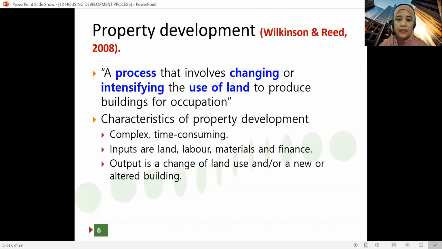Okay, inputs are land, labor, materials, and finance. Another thing that is missing there is it could be entrepreneurship, kan, keusahawanan, entrepreneurship, which is a skill lah. Not all developers have entrepreneurial skills or entrepreneurship. Ada developer yang such as government developers, okay, because they are not profit motivated, okay, sometimes